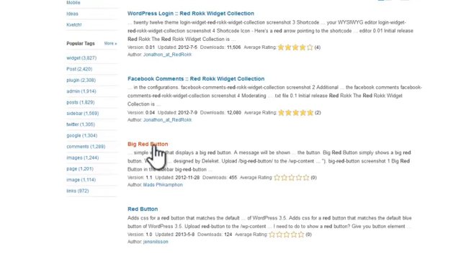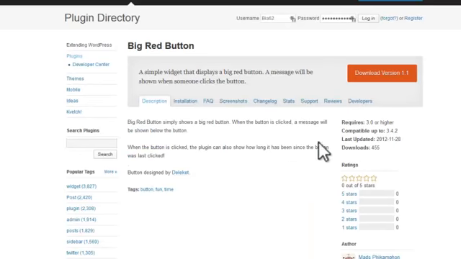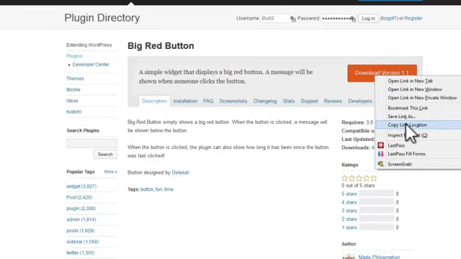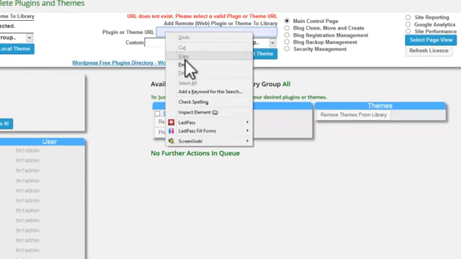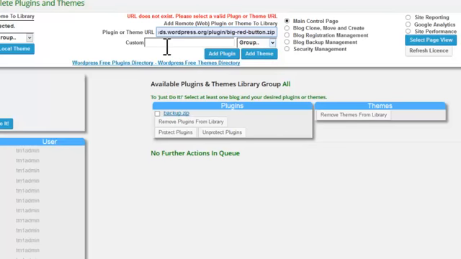Big red button sounds like a good one. Just click that one. Again, we get the download button, and we just need to right click, get the link location. We can come back here and we can drop that in. Not going to bother setting a blog group, it'll go to the default one. And this is for,